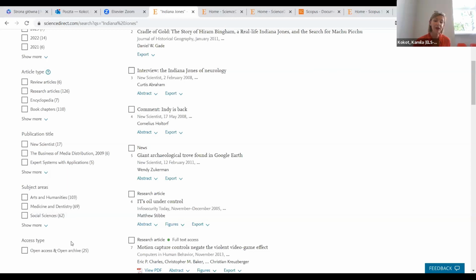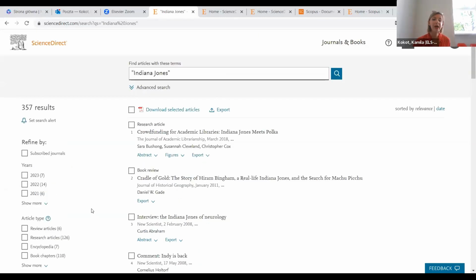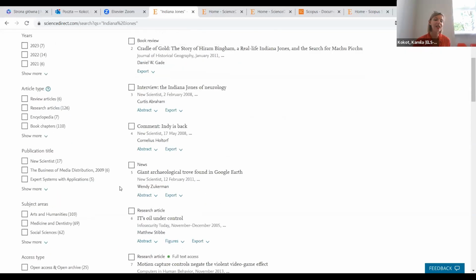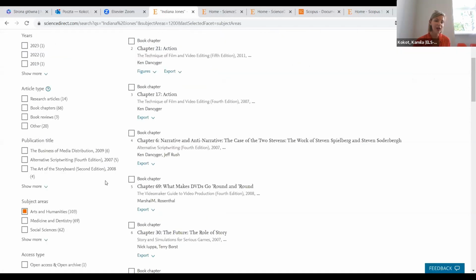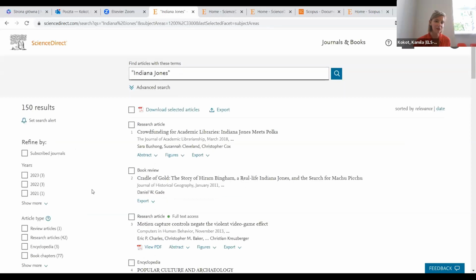And the last one is this open access type. So if we want to read only full text, we can also tick this option. But my case study focused on research areas, so I will tick arts and humanities and also social sciences. And now the list of the results has changed. If I'm happy with this